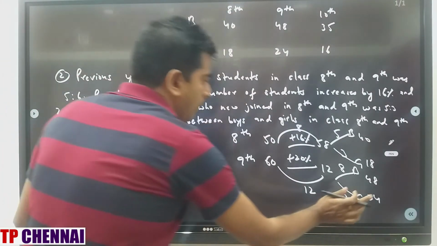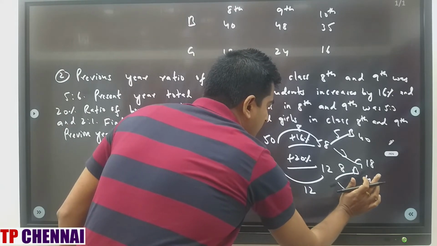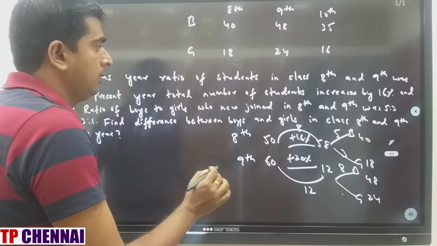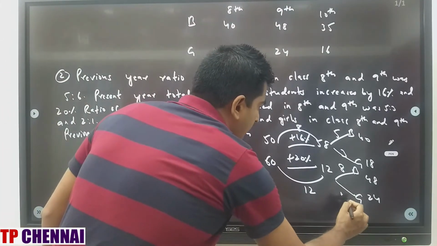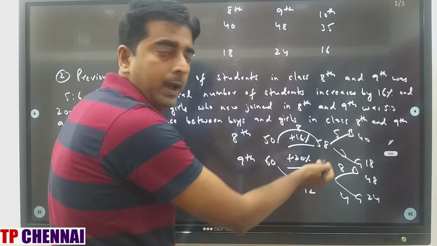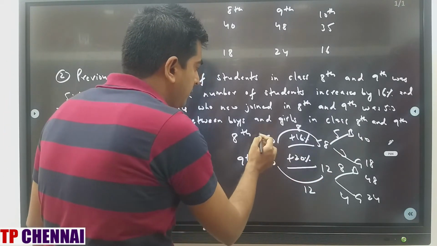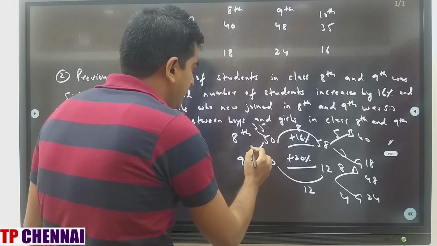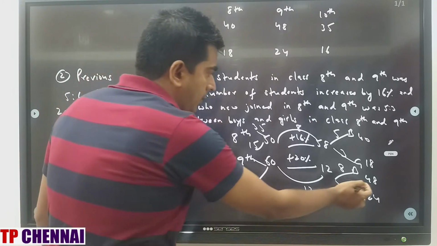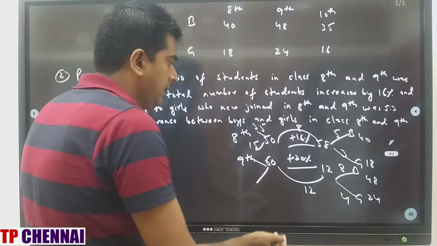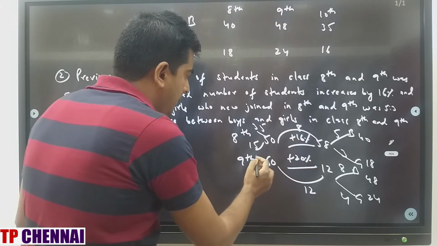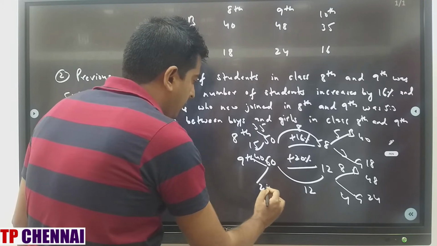Right? This will be how much? Ratio is 2:1. So this will be 4. Right? 40 is now, 5 joined, so remaining is 35. So here it will be 35 boys and 15 girls. Come to here. 48 is there, 8 joined, remaining is 40. So 40 if you subtract, it will be how much? So here 50, 35. Here it will be 40 and here it will be 20.